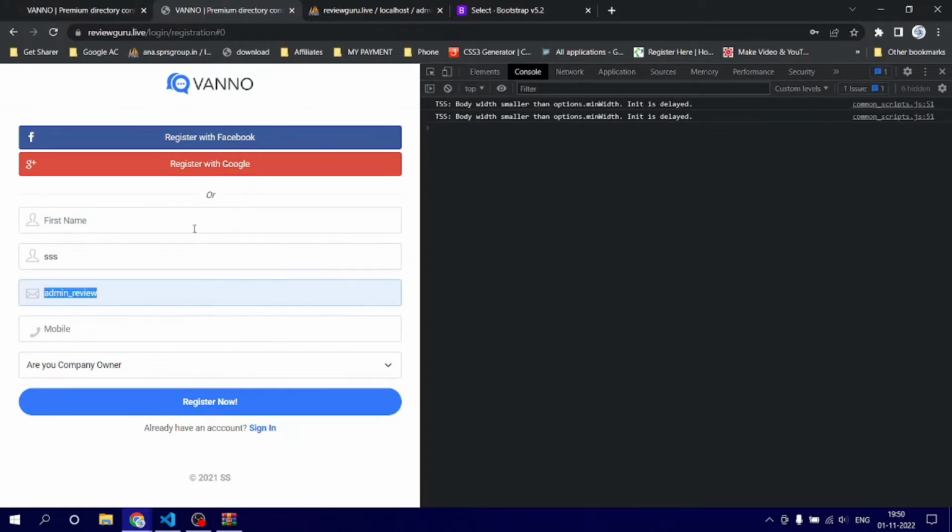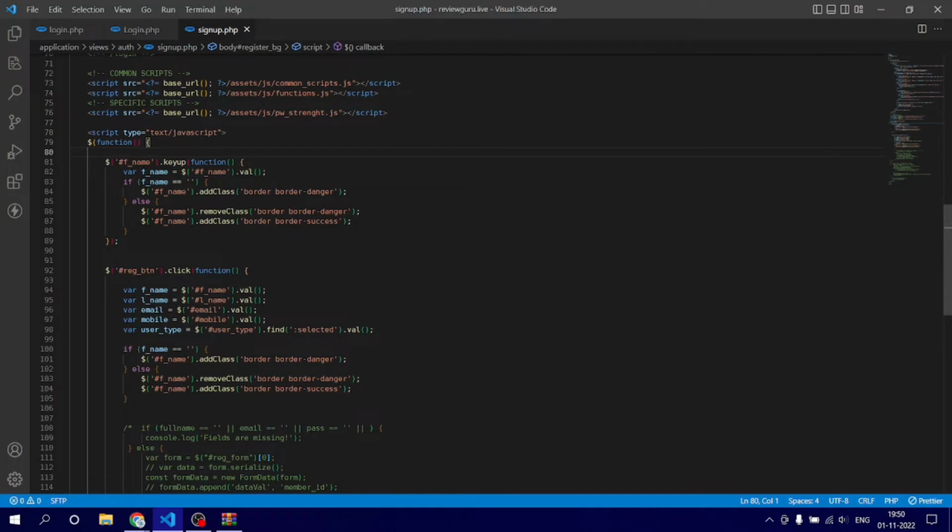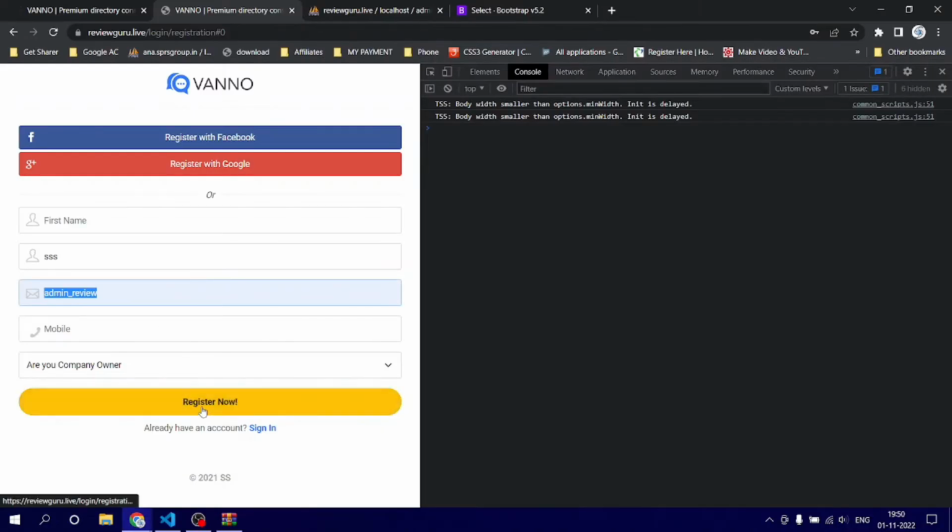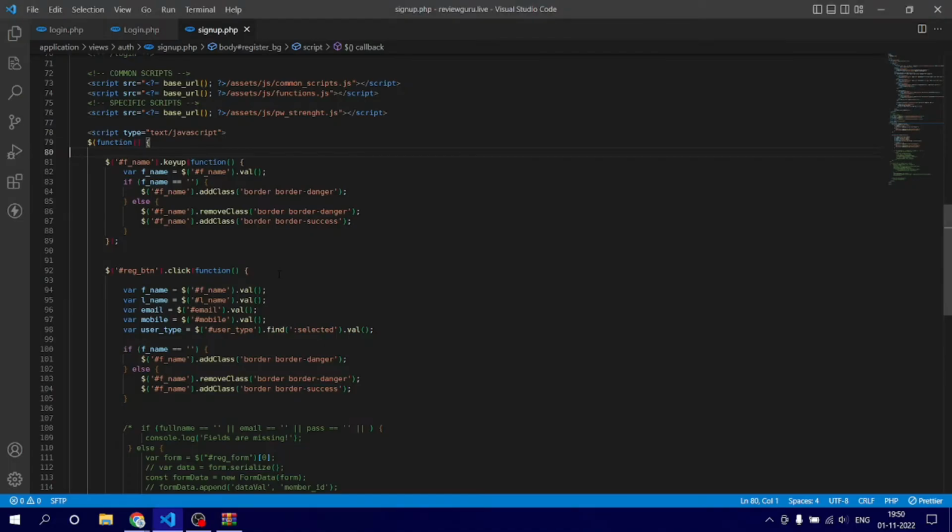Nothing will happen. So this is the time. We need this function and make it dynamic, and also we need to check this whenever the user or viewer clicks this register now button, and also whenever the user passes through or goes through this particular element. So to do this, it is a key up function, right? Okay,